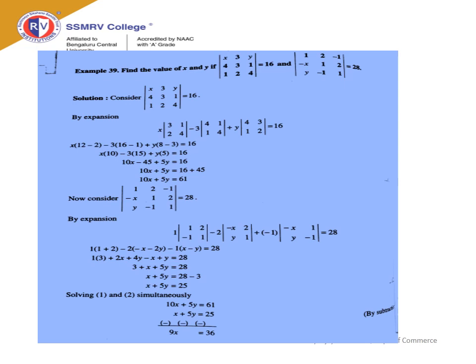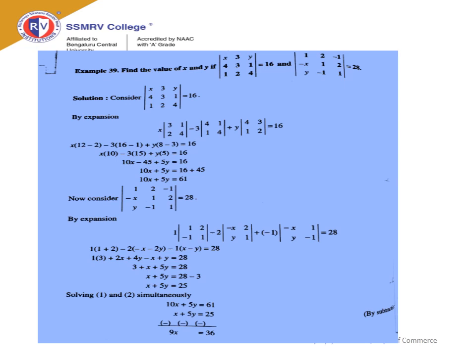Find out the value of x and y, if the determinant with rows x, 3, y; 4, 3, 1; 1, 2, 4 is equal to 16, and the other determinant with rows 1, 2, minus 1; minus x, 1, 2; y, minus 1, 1 is equal to 28. Solution will be like this. So take down the determinant x, 3, y; 4, 3, 1; 1, 2, 4 is equal to 16, and with this we can frame